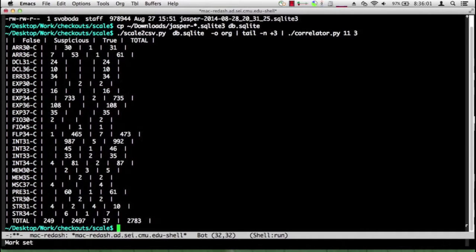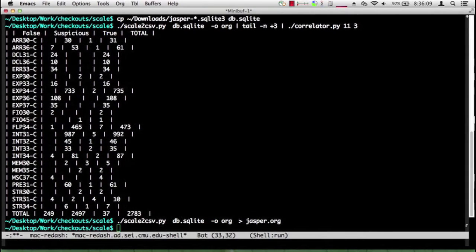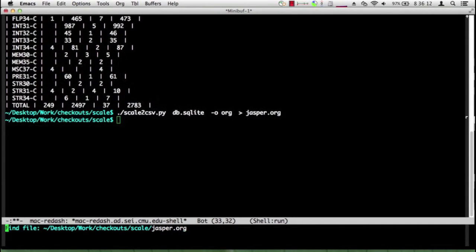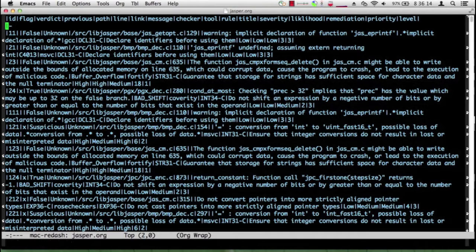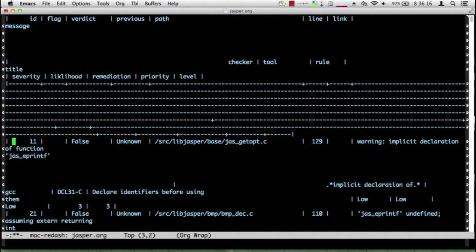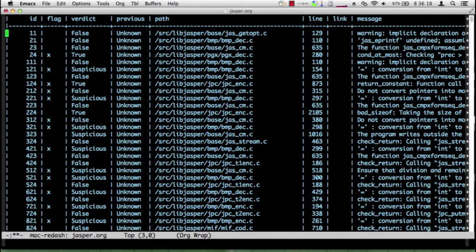So, since we've verified that we are indeed done, I'm going to run the conversion script one more time, and this time we're going to create an org file. Now this is again all our same data, but the data is now in a tabular format, much like what you saw on the website, and I'm going to now sort it first by line number,